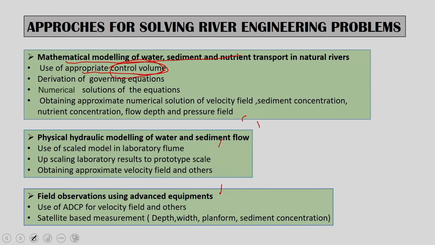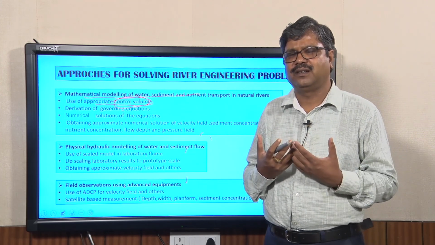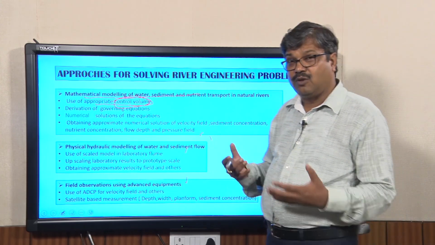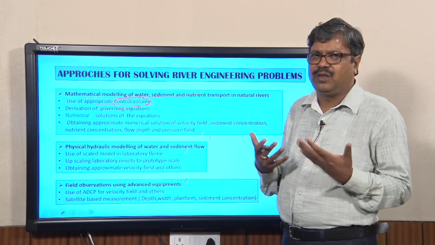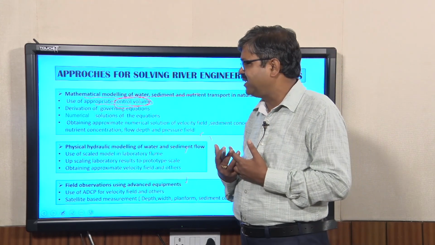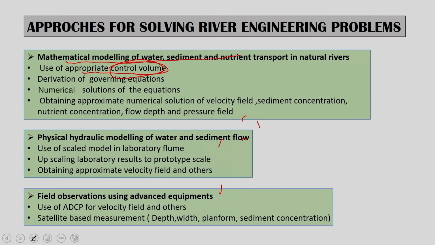how to choose an appropriate control volume so that you can solve the fluid mechanics problems. The control volume can be infinitely small or as large as the Brahmaputra River. So you can decide what type of control volume you have to consider to solve your problems. A control volume can be at rest or in motion. After considering the control volume, you can find out the basic physical equations for the